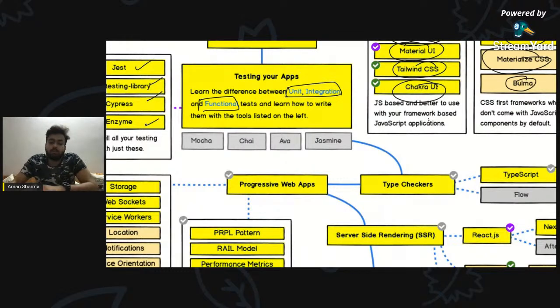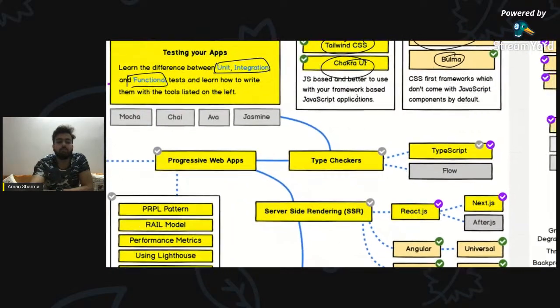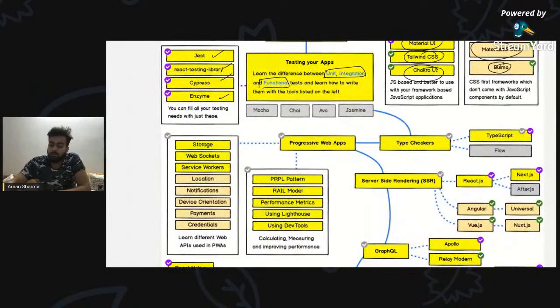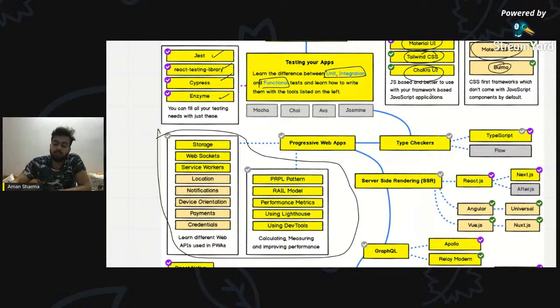Then you have something called a progressive web app, which is like a web app that progresses to a native app. And PWA has been a very popular tool these days, which helps you add an application to your homepage, or it works similar to an app, but it is actually a website that's rendering. So web apps have a technology called SSR. This is where the rendering technologies come into the picture. But I will skip the PWA part because again, we have created a course on full PWA, which explains everything that we have to do with PWA, like how a simple website can do everything as a native app. So